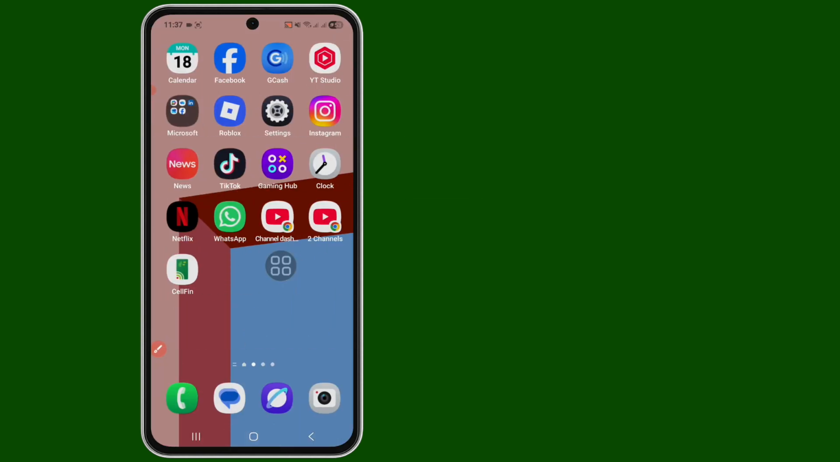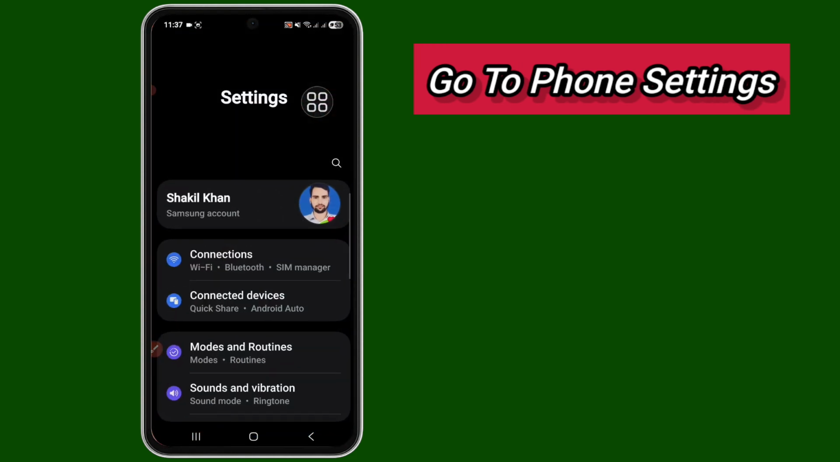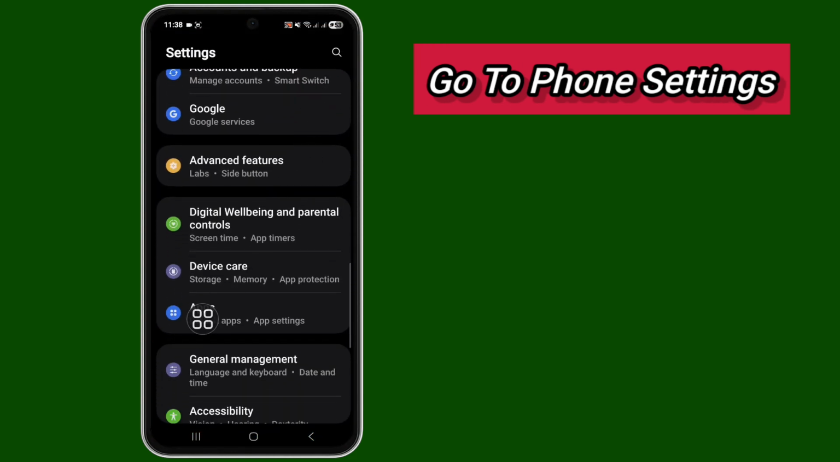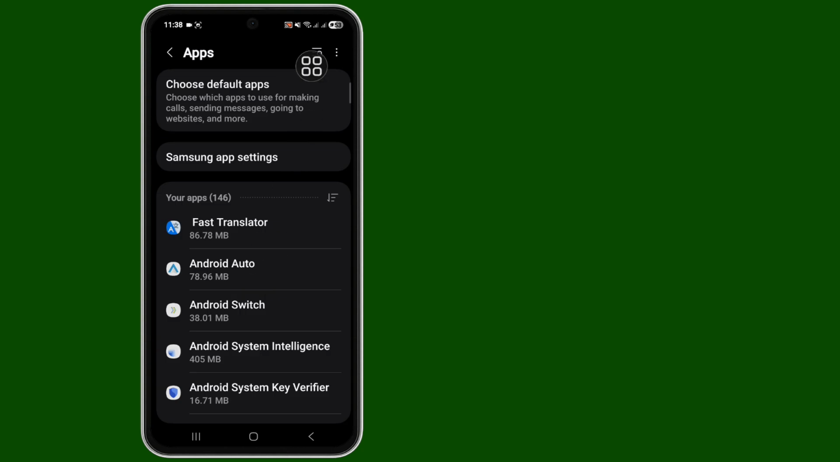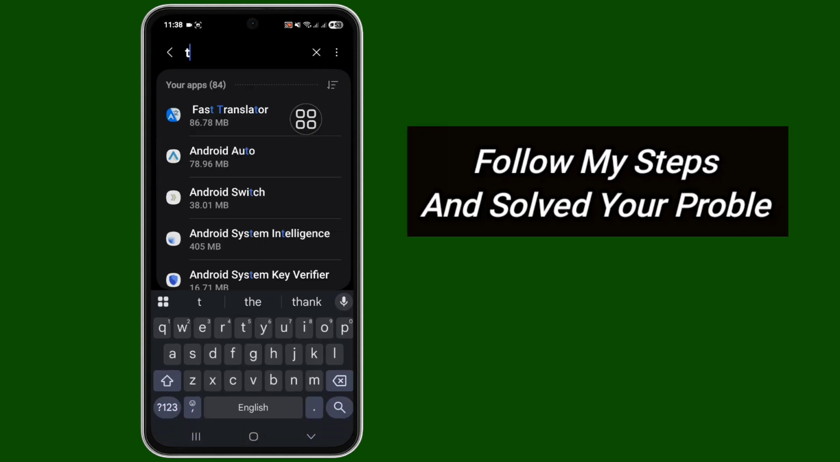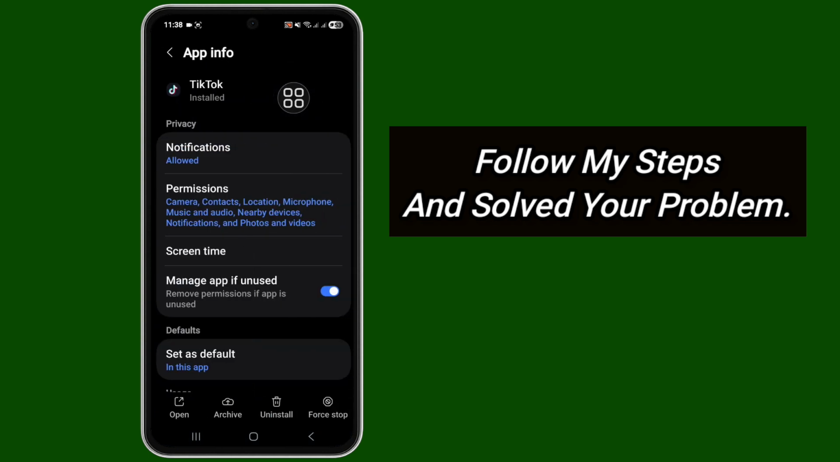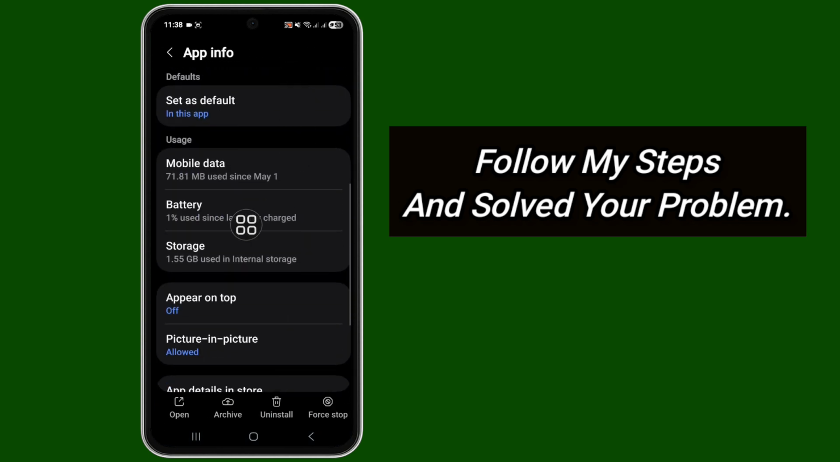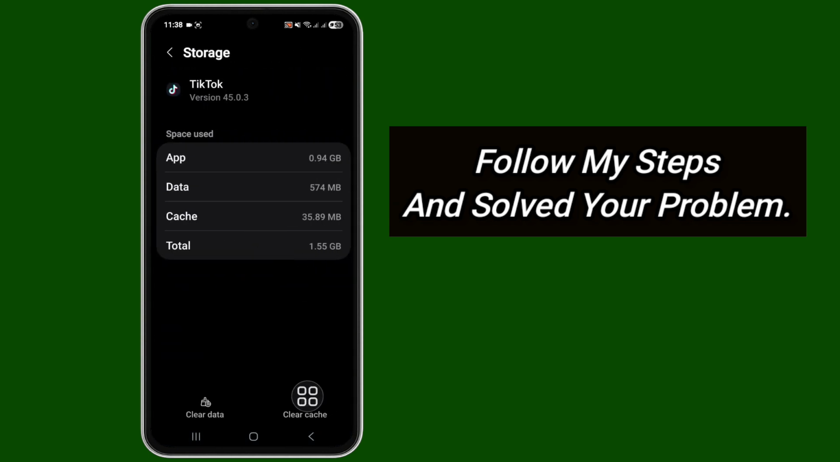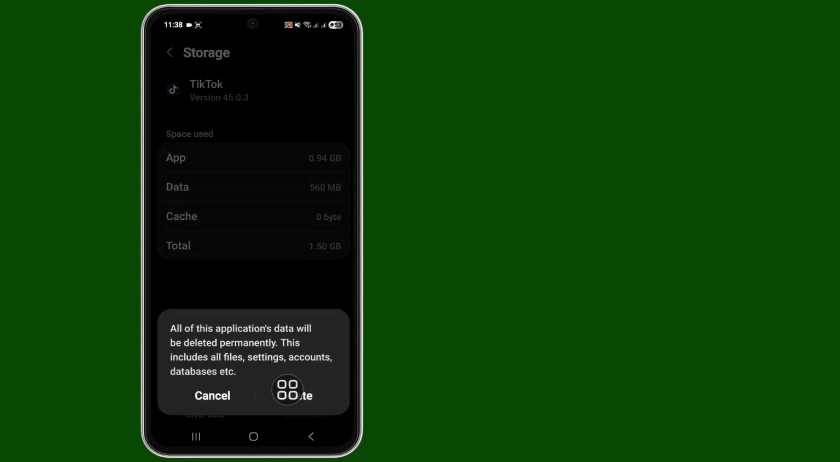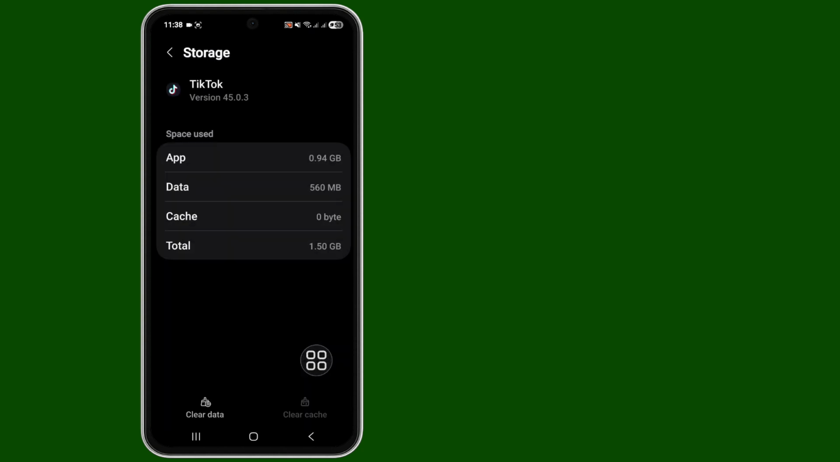First of all, go to phone settings, scroll down, click on apps option, tap on search bar, search for TikTok. Tap on TikTok, scroll down, tap on storage, tap on clear cache, tap on clear data, delete, confirm, okay, back, and